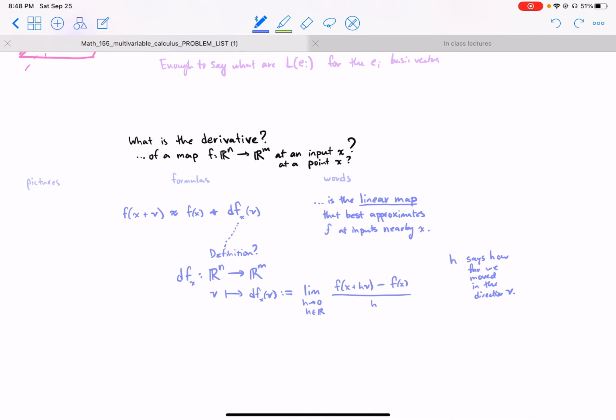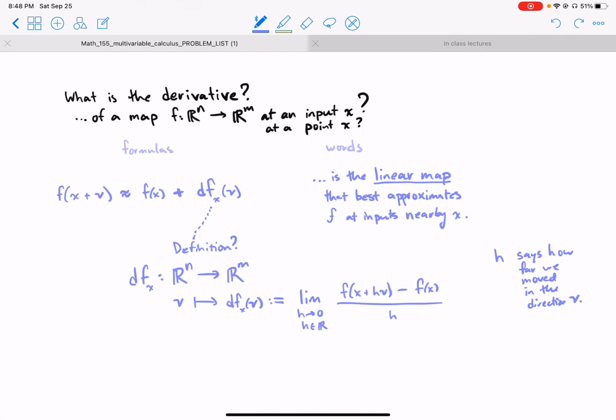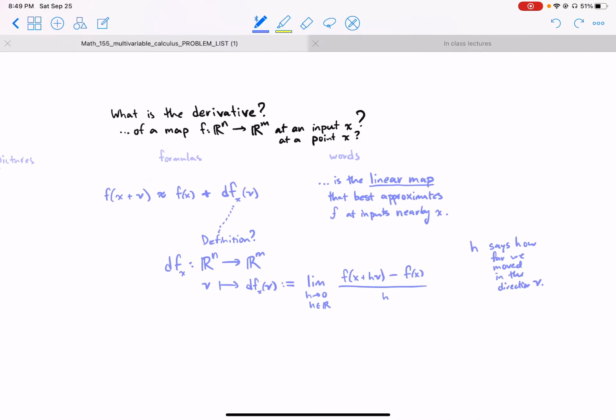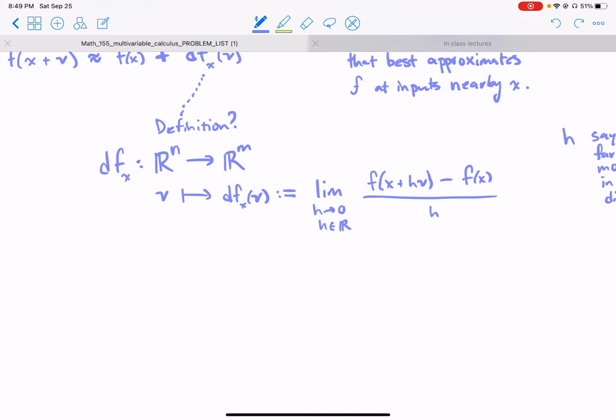Just like we did in single variable calculus when you calculated limits of functions of one variable. Okay, but usually we're not going to actually calculate the derivative this way. There will be an easier way, and that easier way will be because the derivative is linear. So in particular, df at x evaluated at the vector v, well, that's df at x, and v is secretly